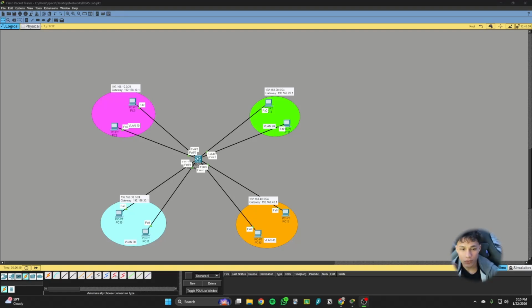Today I want to go over what SVIs are and how to configure them on a multi-layer switch, so a layer 3 switch. So why would we use an SVI? For example,